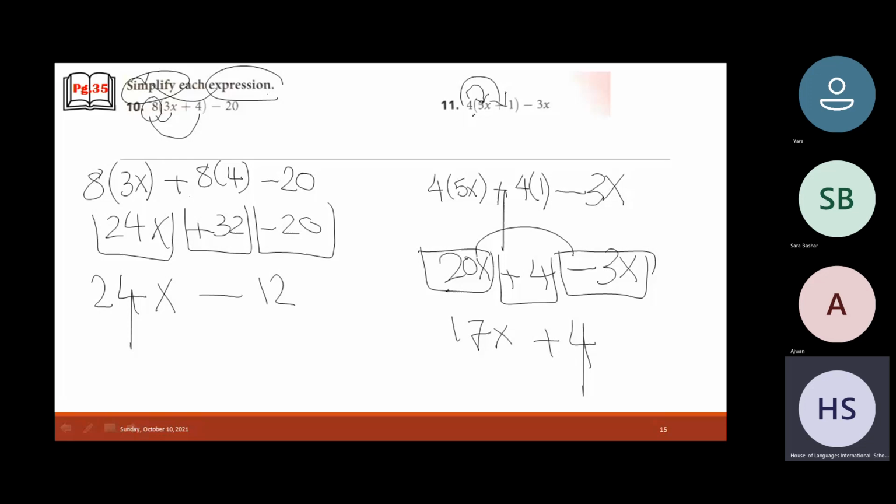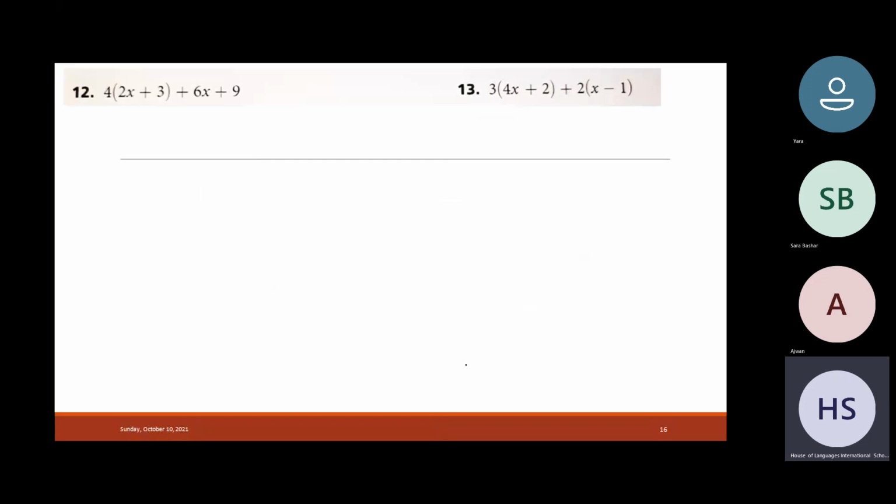Yes, you get 20. Then 20 minus 3, 17x. Because they are like terms, they're like each other. Like terms, what do I mean by like terms? Same variables. Teacher, so because it doesn't have an equal sign, you just simplify it. But I need an expression. They have like terms. Yes,